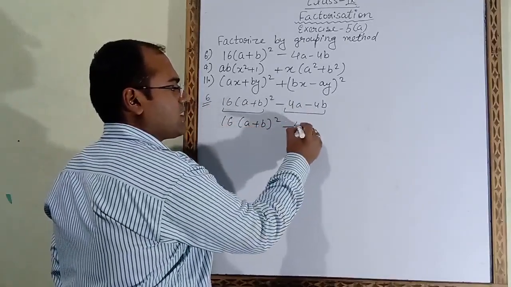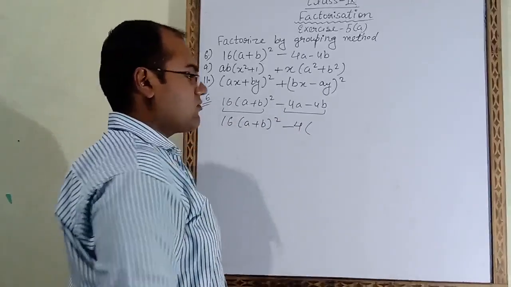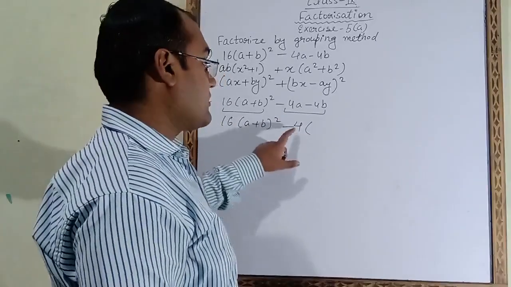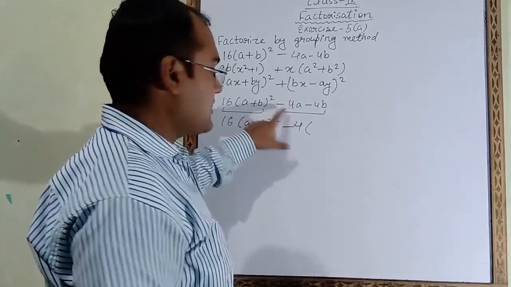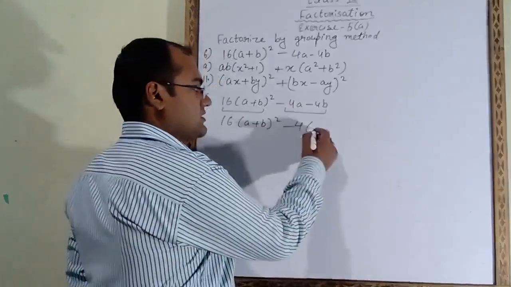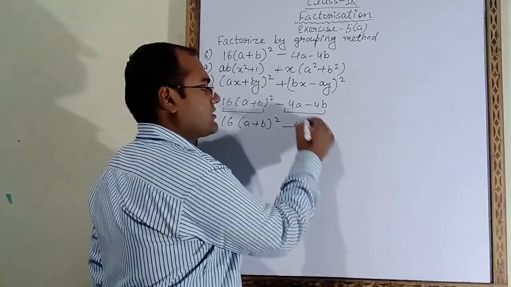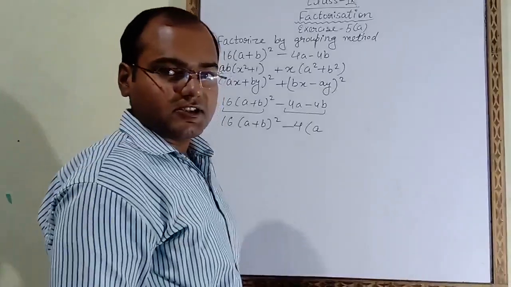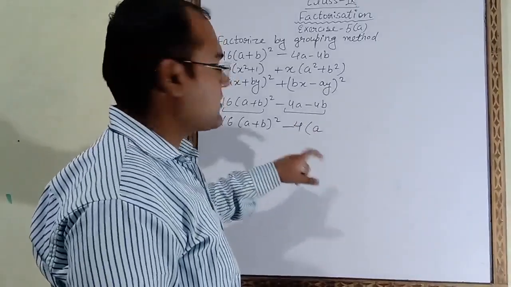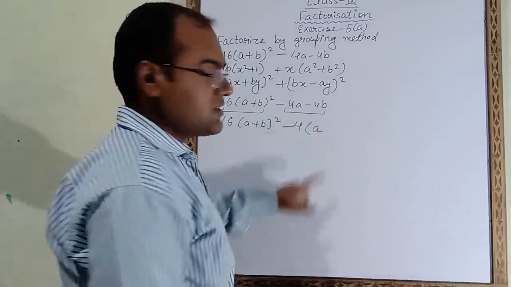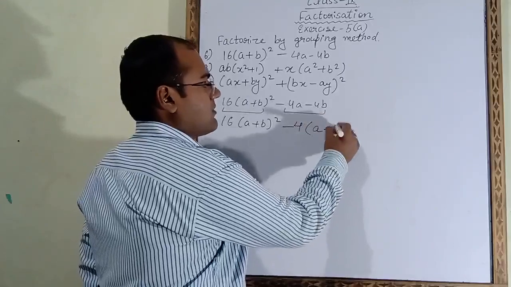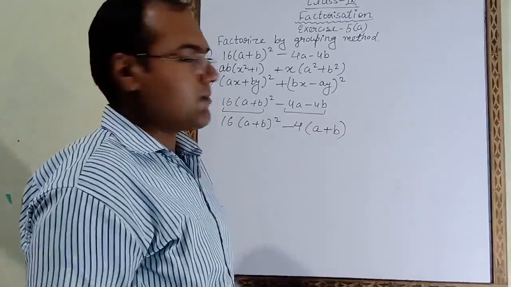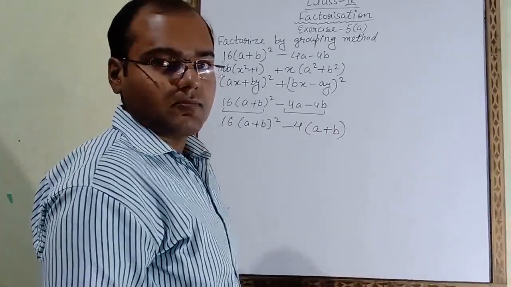From these two we will take minus 4 common. Now we have to write the remaining part. If we take minus 4 common, this minus and minus will become plus. That means here inside we have to write a plus sign. And 4 we have taken common. What is the remaining? The alphabet a is remaining. So we will write here plus a. Minus and minus will become plus, so here we have to write plus. 4 we have taken common, so what is remaining here? The alphabet b is remaining. So we will write here b.